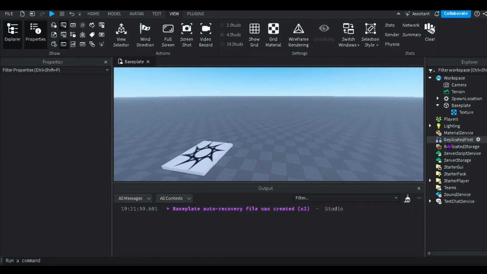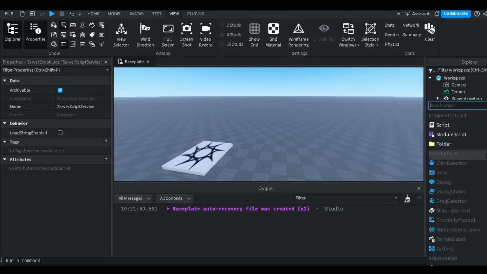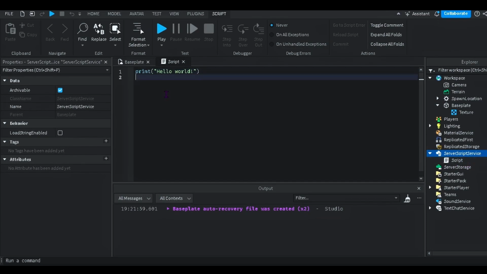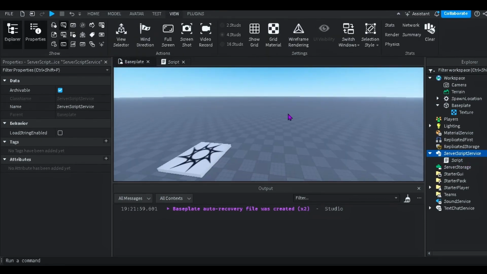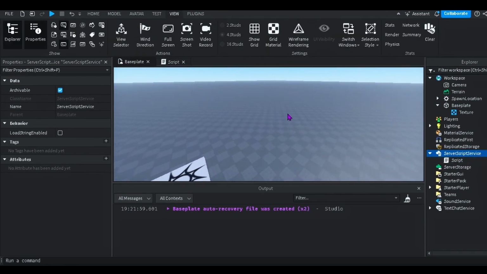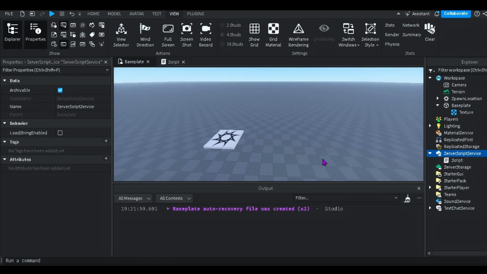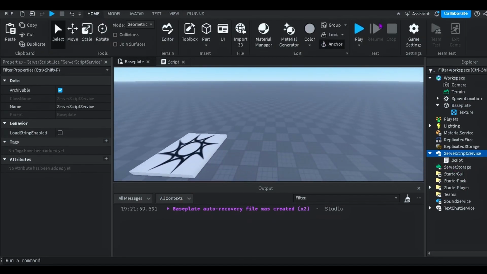And ServerScriptService is where you put a script dedicated only for the server, and this script works only in the server. So if I were to play this game,